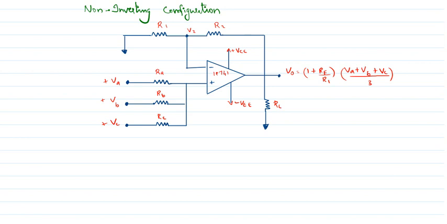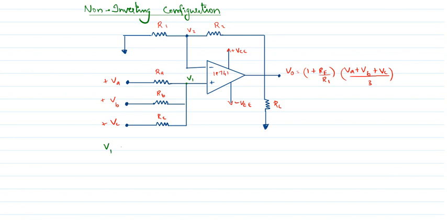So in the circuit you can see that VA, VB, VC are given to the non-inverting terminal. Then similarly, here the node is V1. Applying the superposition theorem here, we can find the